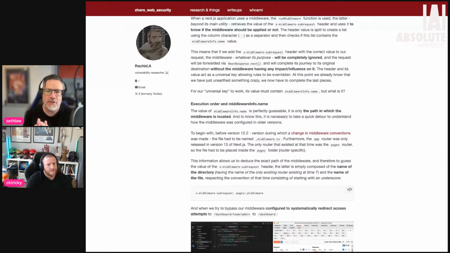So similar to this, right? We created this middleware header for a very benign reason. We didn't want to DoS ourselves. We didn't want to create a denial of service condition where middleware was looping and calling the same thing over and over.